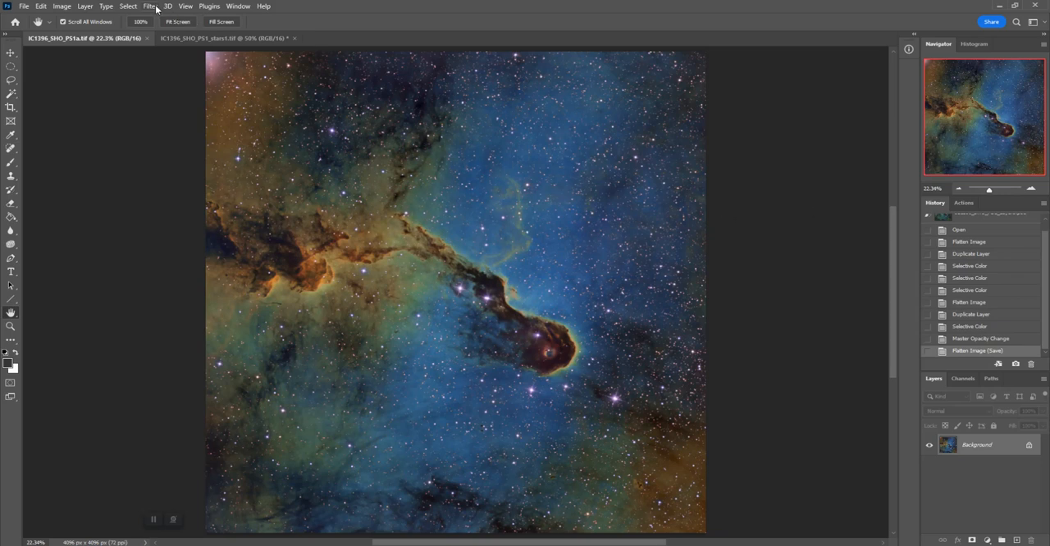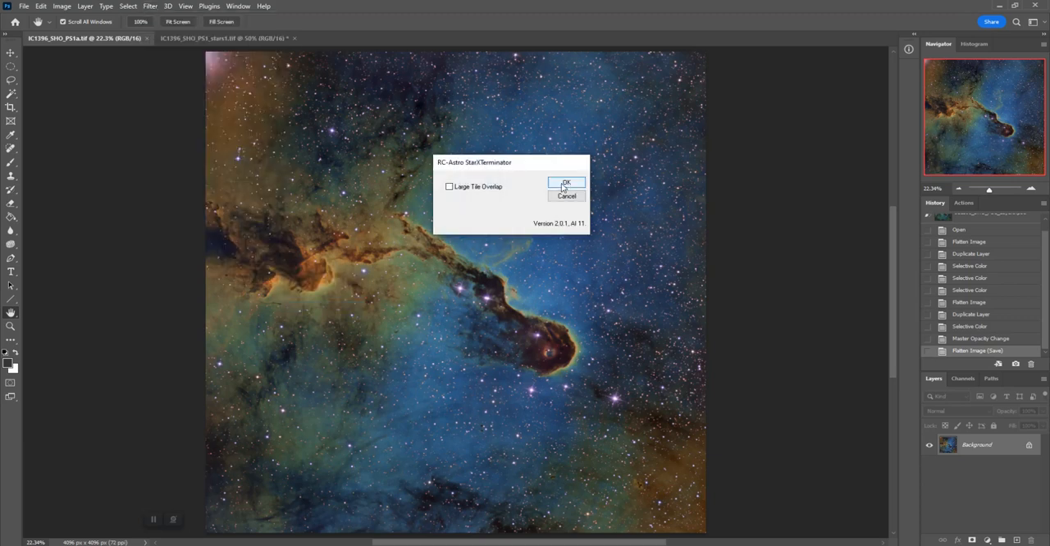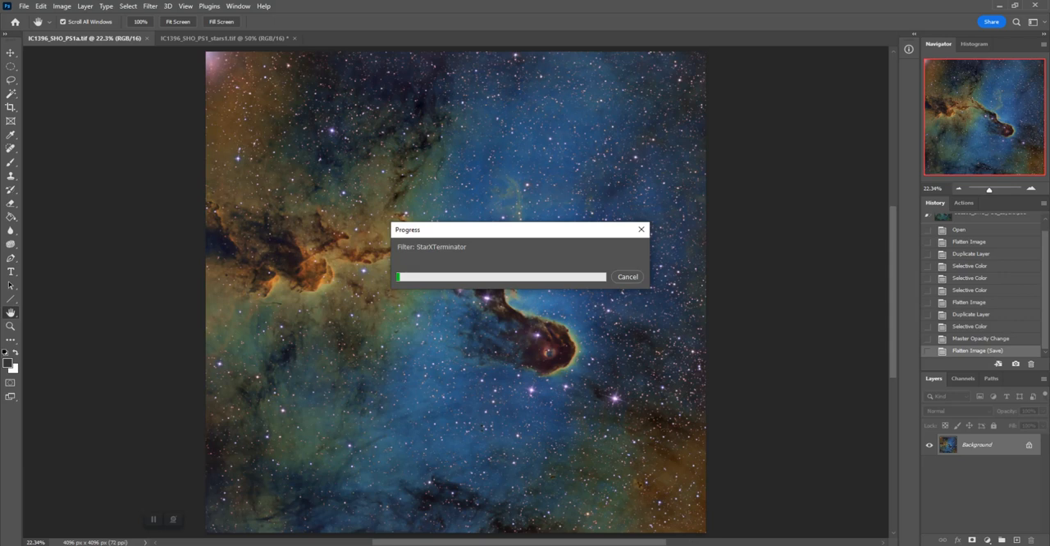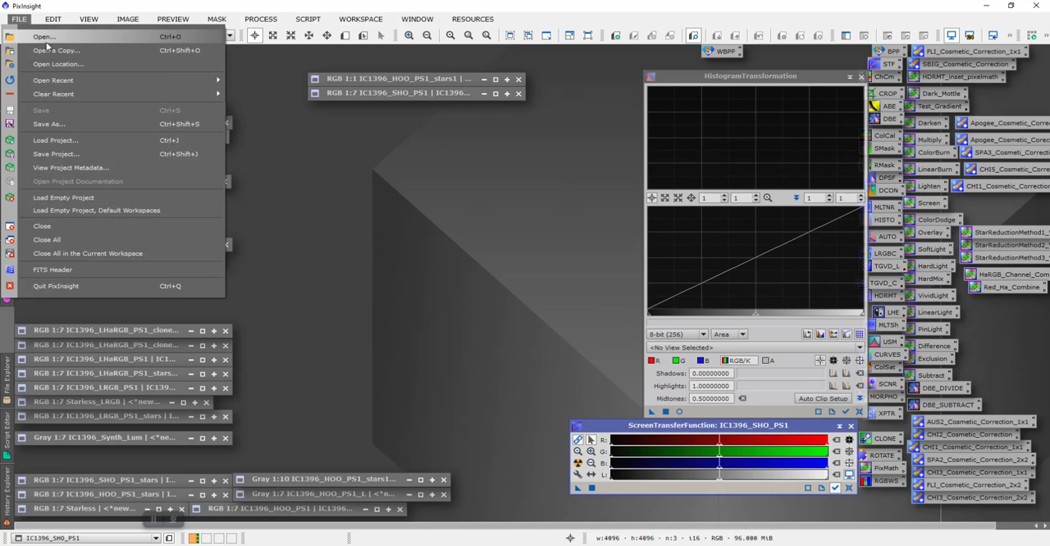Then I'm going to come over to Filter, RC Astro, and I'm going to use the Star Exterminator on this, and I'm going to click OK and let it run, and it's going to remove the stars from this image. And while that's running, I'm going to come over to PixInsight, and I'm going to open